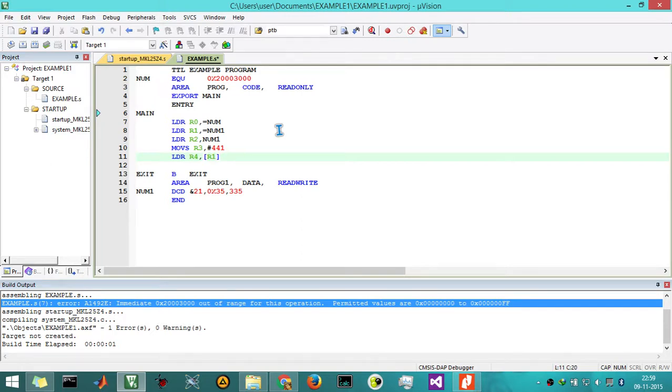So this is the syntax for the LDR instruction when we are using two registers. This is the syntax for the LDR instruction when we are dealing with labels or addresses. So num here will give the direct value that is assigned for this num variable, but in this case it will give the address of num1 where it is pointing to, and this LDR R4 comma R1 will make the data transfer from the R1 location to the register R4.